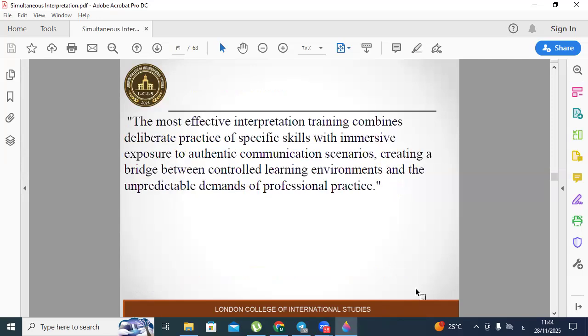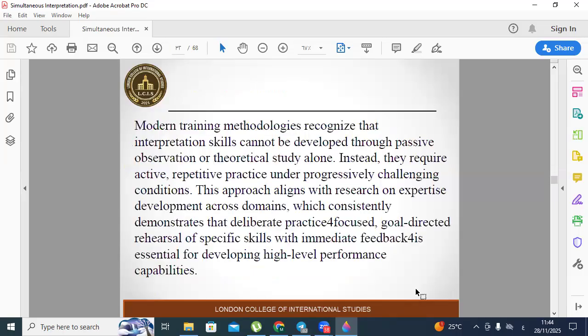The most effective interpretation training combines deliberate practice of specific skills with immersive exposure to authentic communication scenarios, creating a bridge between controlled learning environments and the unpredictable demands of professional practice. Modern training methodologies recognize that interpretation skills cannot be developed through passive observation or theoretical study alone. Instead, they require active, repetitive practice